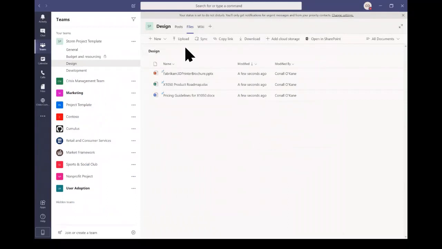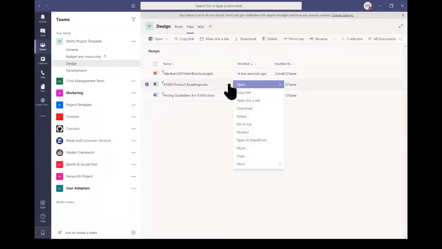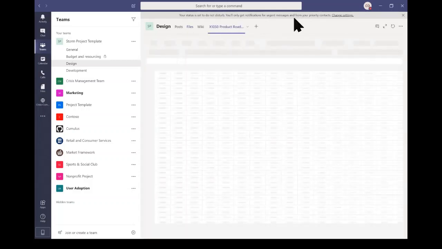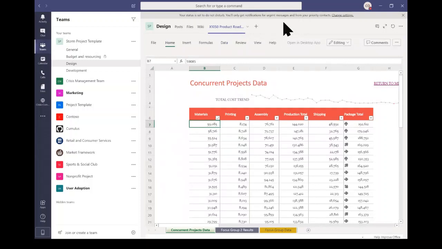So these are a few documents, we'll say, related to the design team that the design team are working on. To make these really visible to the team, what I could do here is select one of these items and make it a tab. So this product roadmap document is now up there as a tab, and anyone working within the design team is able to access that and review it and edit it just within that tab